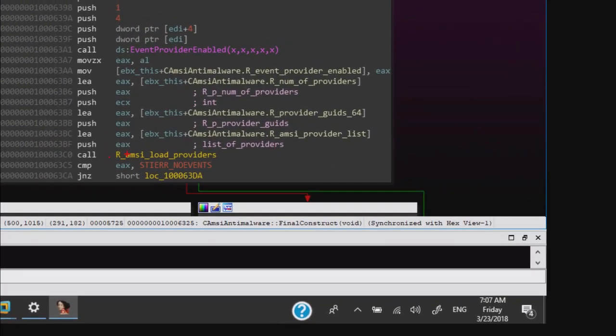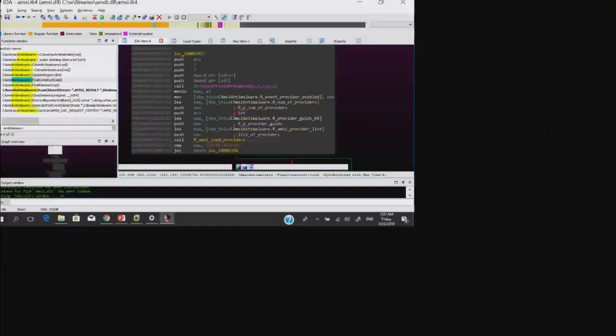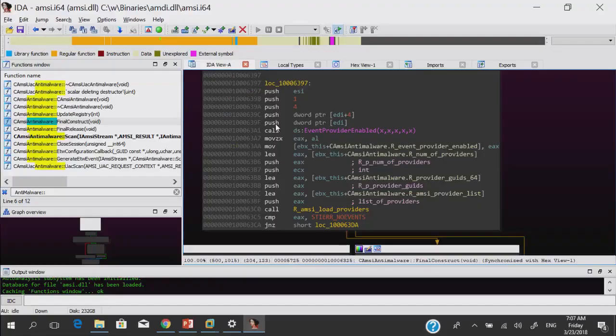Now this function will be passed a list of providers, a list of provider GUIDs, and the number of providers. And actually these are all output parameters: once this function loads all of the different providers, it will return back to me all the different providers that I can then work with inside this anti-malware class.